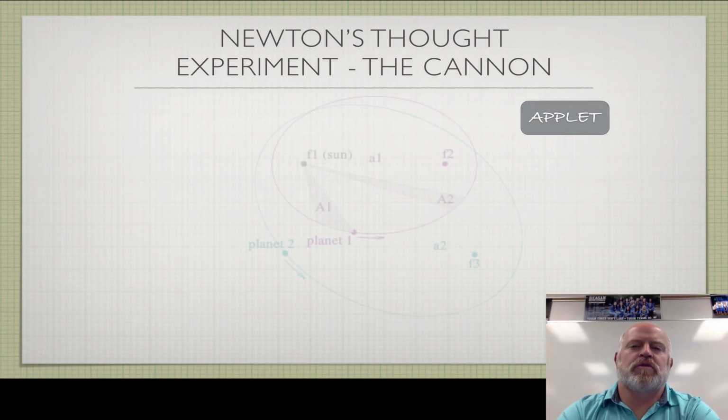Okay guys, in this video lesson we're going to start talking about this idea of taking objects now and putting them into orbit, and how do we get them so that they can leave our orbit and never come back. Okay, to do that we need to go back to Newton again and what Newton told us about the cannon.